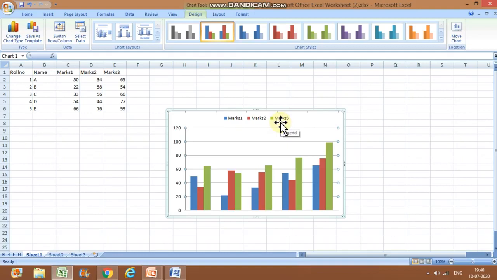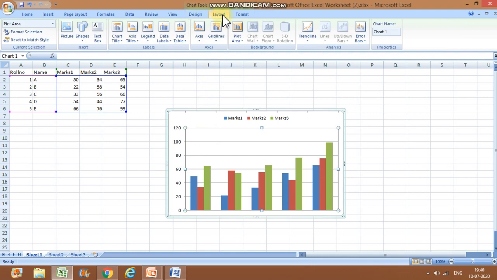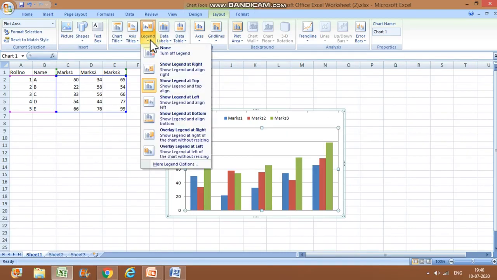Now I want to change the position of the legend. Where is it coming right now? It is coming on top of the chart. I want to position it somewhere else. So how will I do it? First of all, click the chart. I have clicked the chart. Now the layout tab, then the labels group. In the labels group you will get the direct option legend. Once you click, you will get all these options. None means the legend will not be shown.